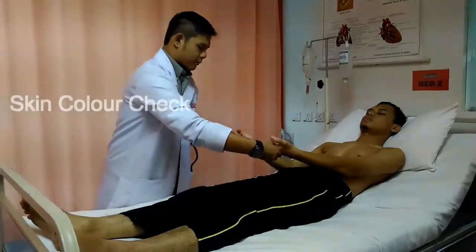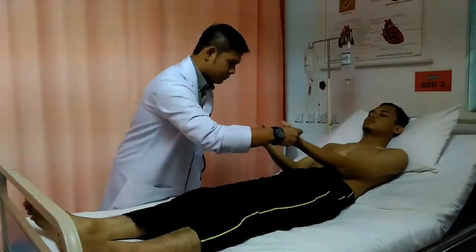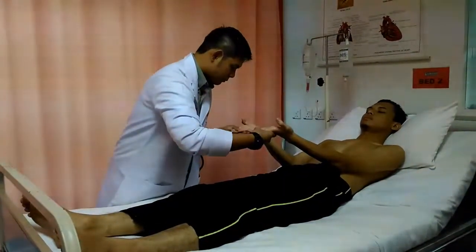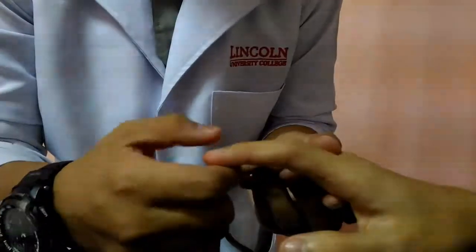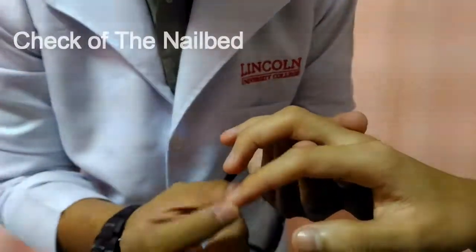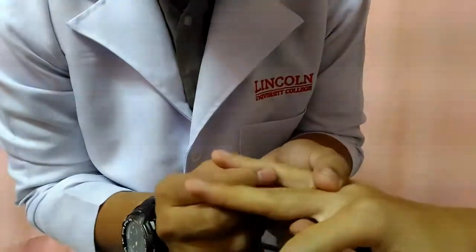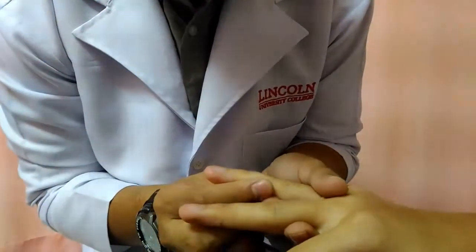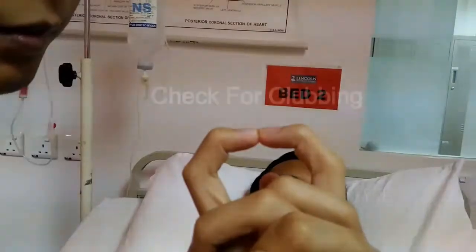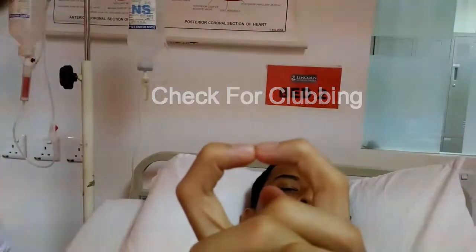Look at the hands for tobacco staining, peripheral cyanosis and finger clubbing. This is most commonly associated with lung malignancy, fibrosis or chronic infection. Hypertrophic pulmonary osteoarthropathy includes finger clubbing,